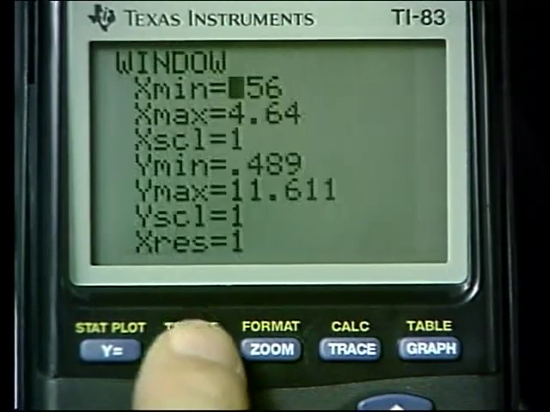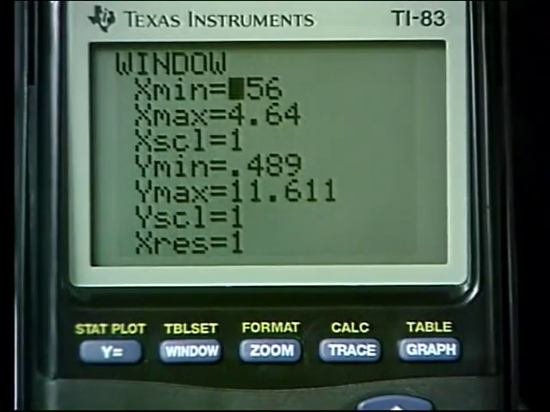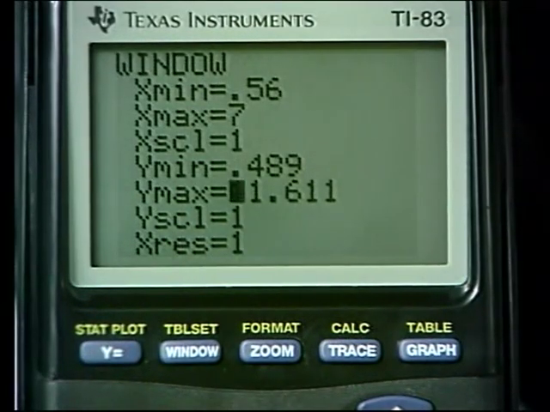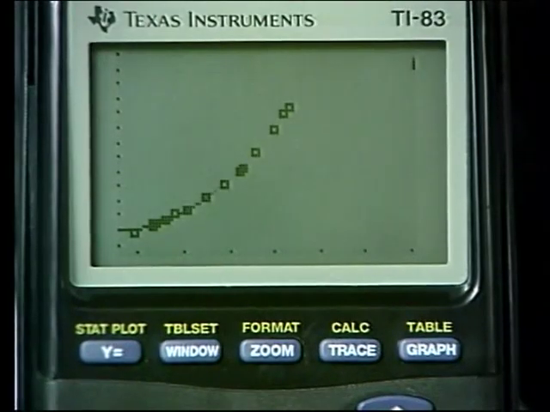I will press window, and I'd like to go out to the right a little bit, so I'll change the x max to, instead of 4.64, I'll go out to about 7. And then for the y max, I'll go out to about 13. Well, let's make it 14, and then look at the graphs. And I think this is enough to see that they are going to begin to separate,